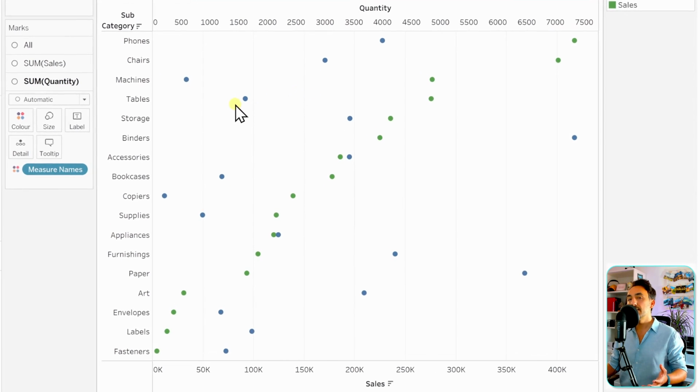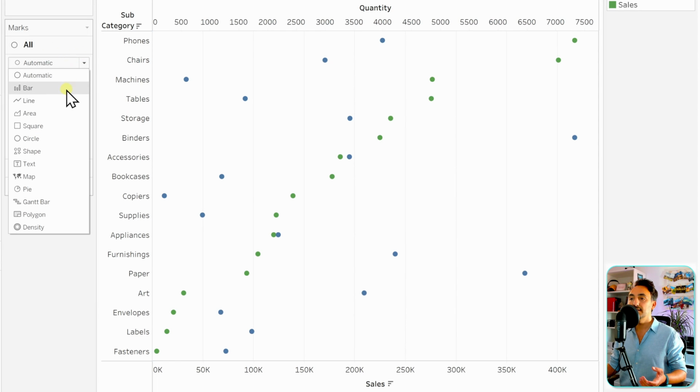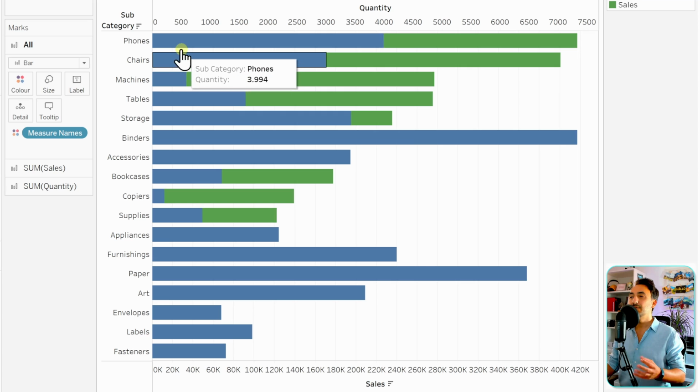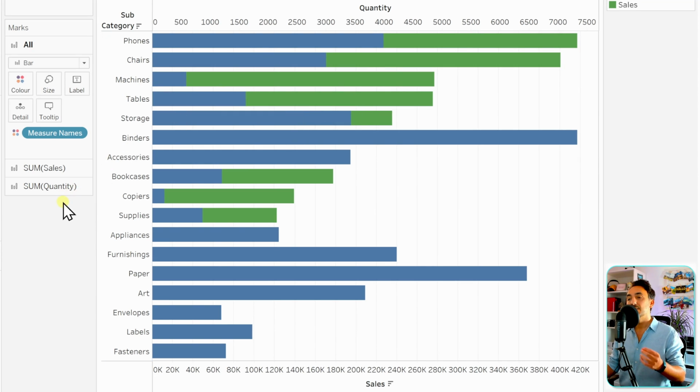So now since both of them are going to be bars, we're going to go to All and then select, instead of Automatic, the bars. But now as you can see, we are not there yet. It's like the stacked bar, but actually it's not stacked. So in order to change that, we're going to go for each individual measure and change the